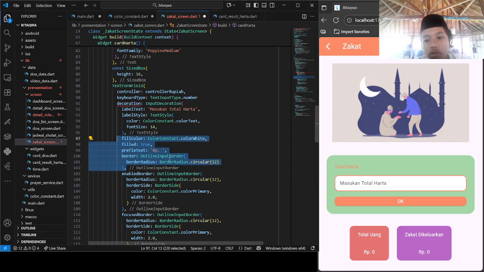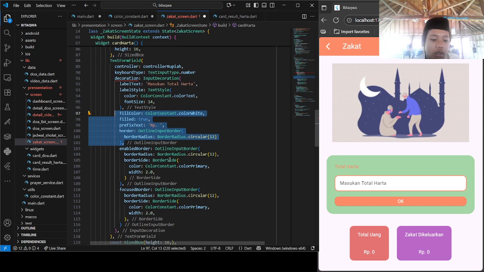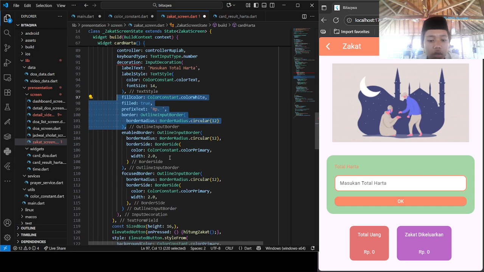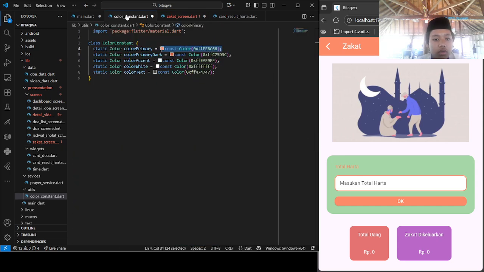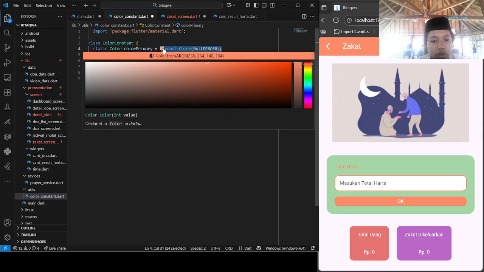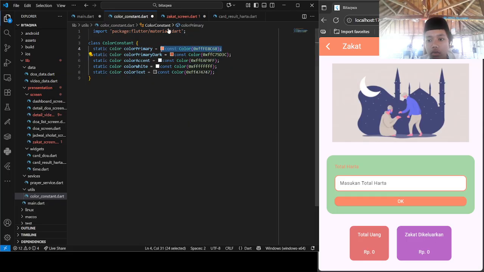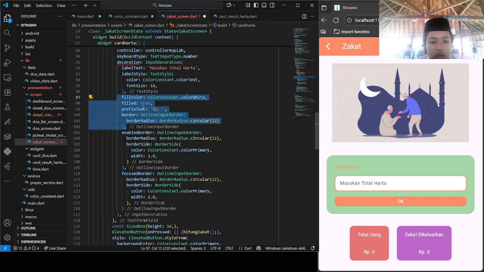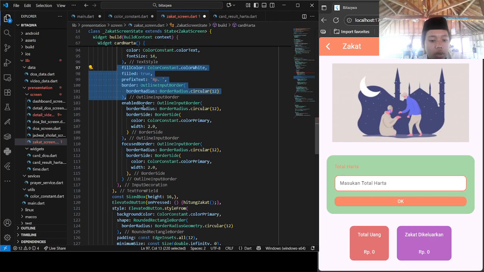And then the border radius makes it lengkung. The color uses color primary, so it becomes orange. I don't want to read the rest, so I will explain it.